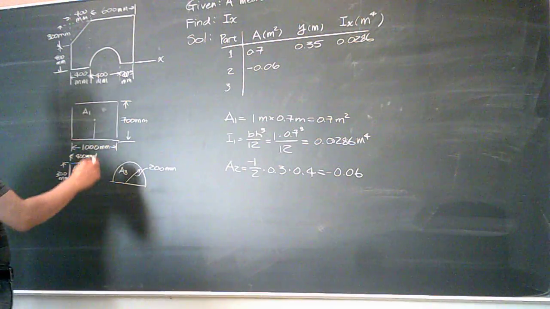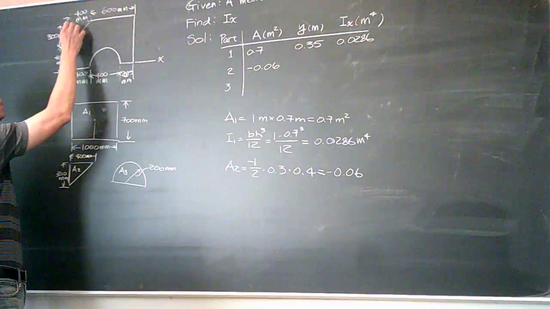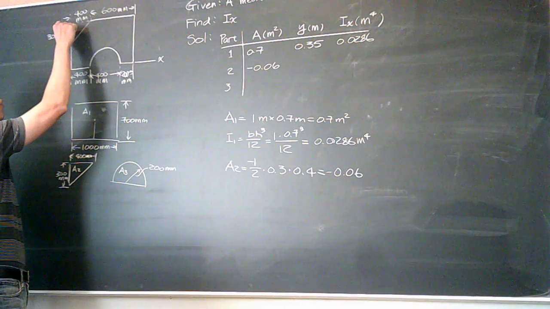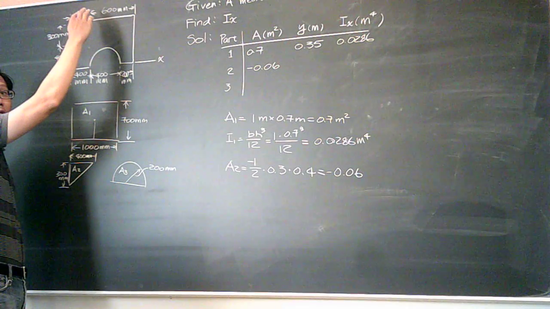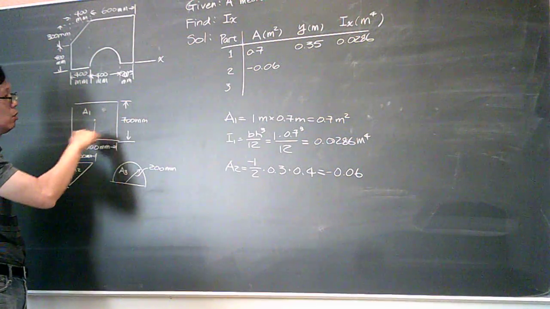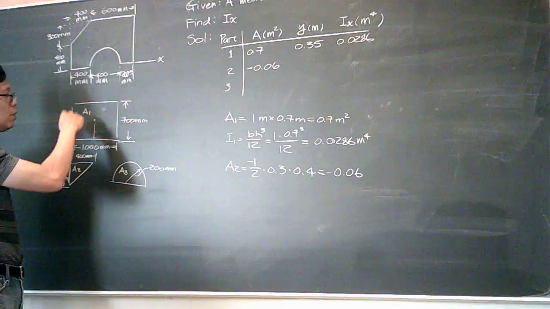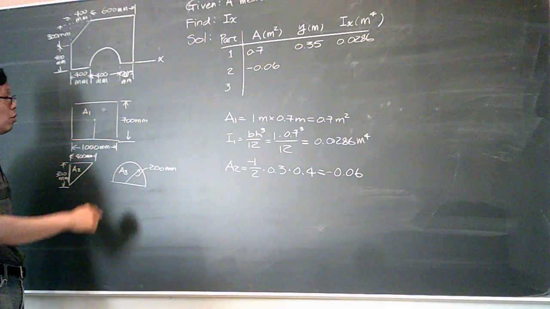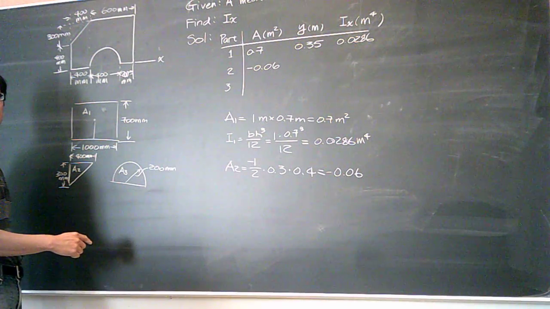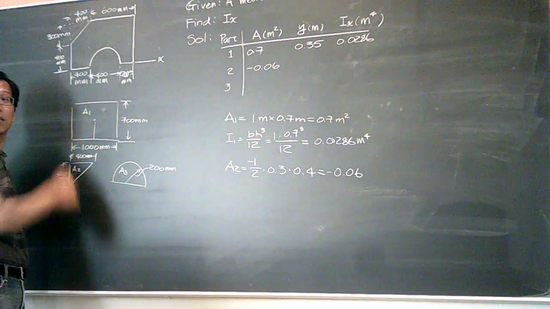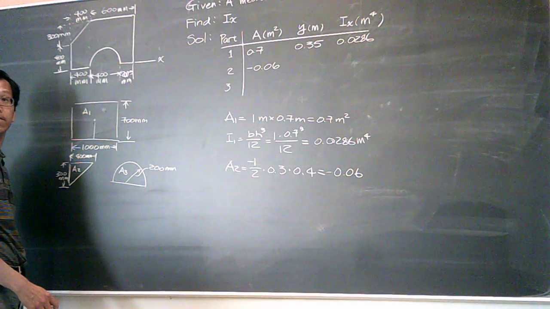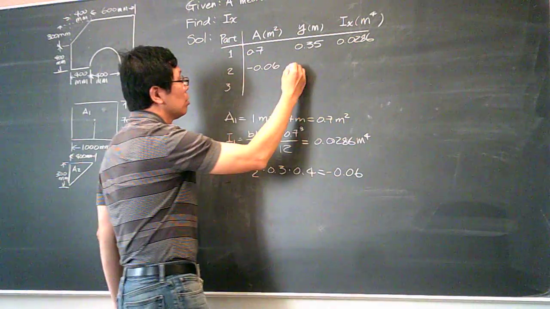So it's 1/3 from the bottom, which means it's going to be 0.1 meter below the upper edge of this rectangle. So it's actually 0.6 meter away from the x-axis. Does that make sense to everybody? So I just put